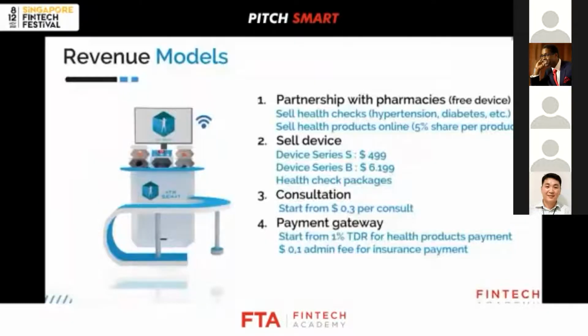Take, for example, a revenue model around pharmaceutical devices. You might, number one, partner with pharmacies. You might give away free devices to the pharmacies so that they're using them and showing customers that come in the door how to use that product, that device. You, of course, then want to sell the device, but maybe you have two types of devices, a low entry one, which is say $500, and maybe a higher entry one, which is $6,000. You have differentiation, and therefore you can upsell your higher priced products.